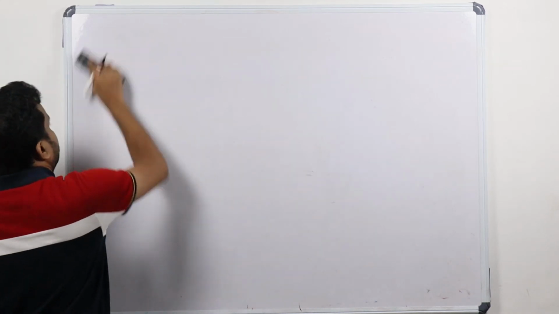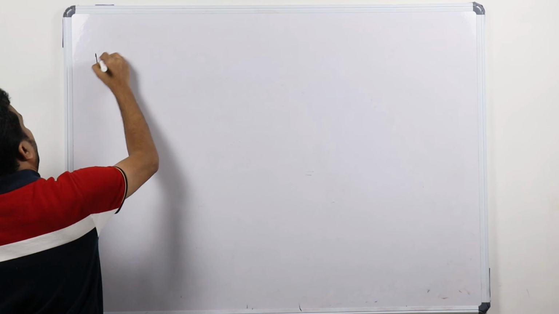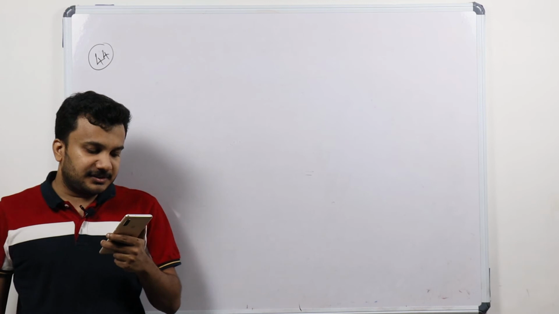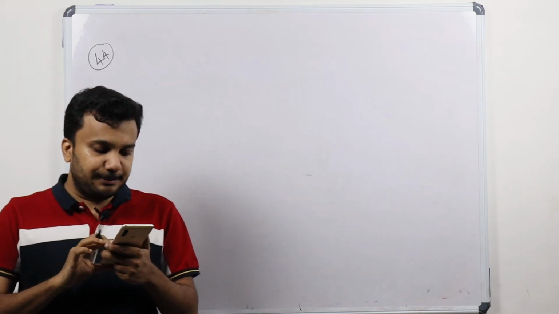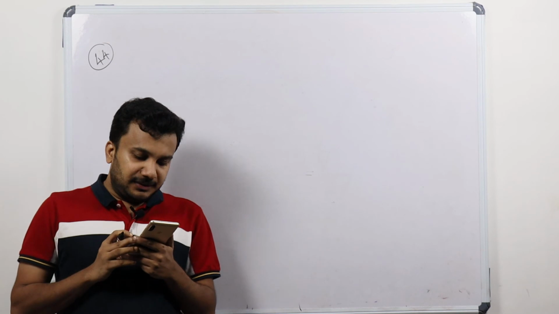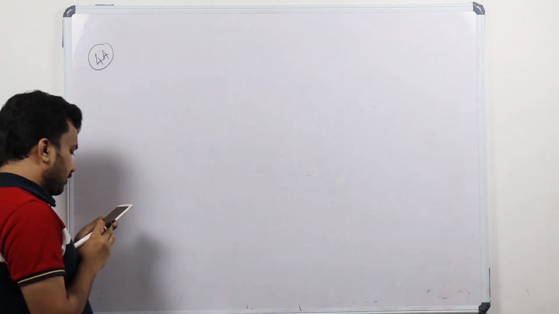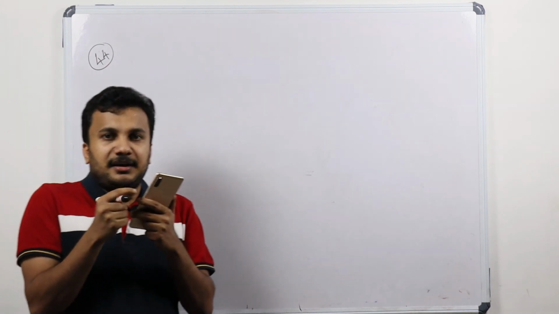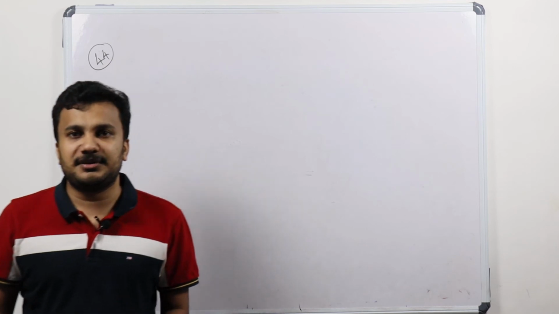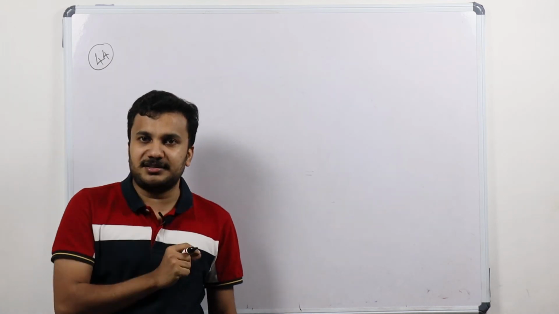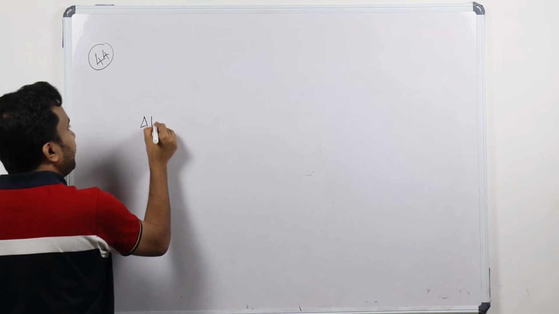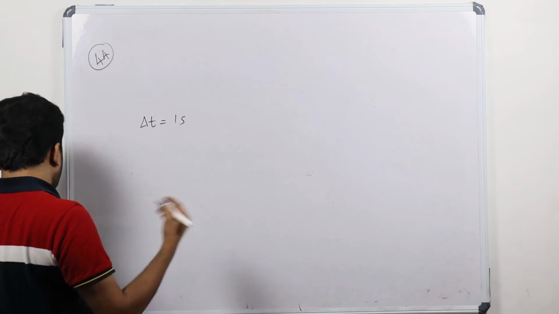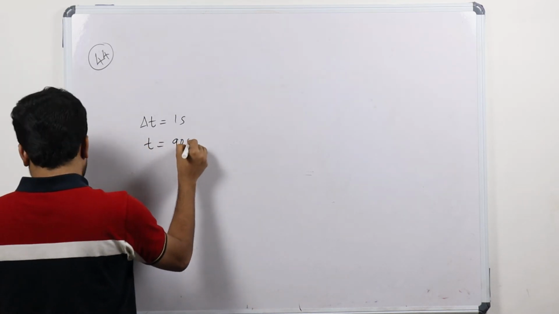Let's move. 44. An experiment is performed to obtain the value of acceleration due to gravity g by using a simple pendulum of length L. In the experiment, time for 100 oscillations is measured by using a watch of 1 second least count. Least count means what I told. In case of a 30 centimeter scale or 15 centimeter scale, least count means the difference of the smallest digits. So the difference here for time. So time difference will be equal to 1 second, and the value for 100 oscillation time is equal to 90 seconds is given.